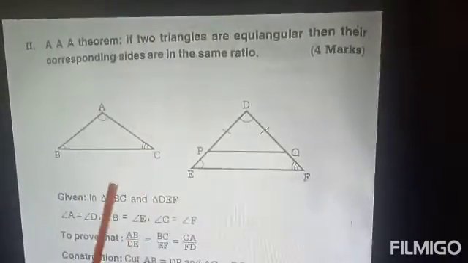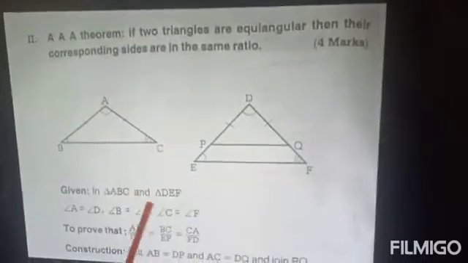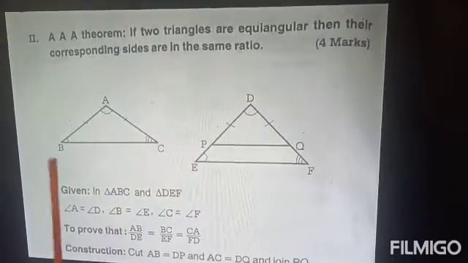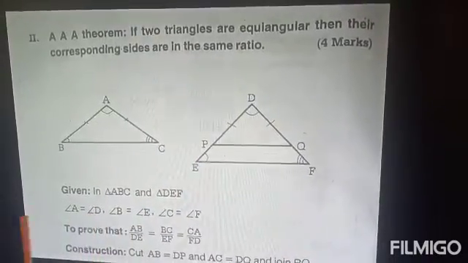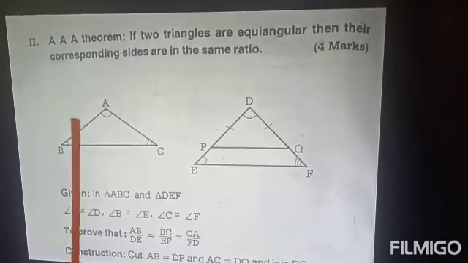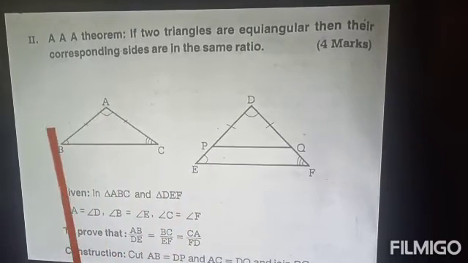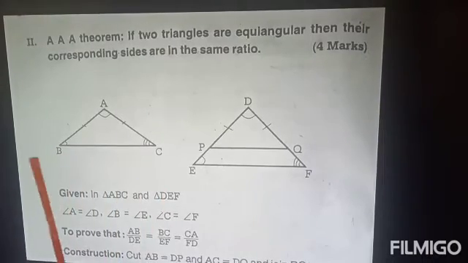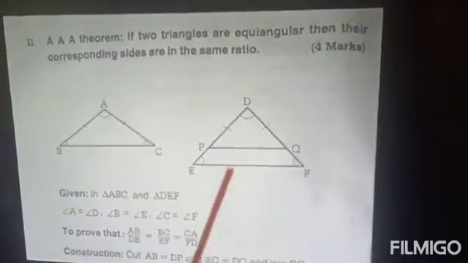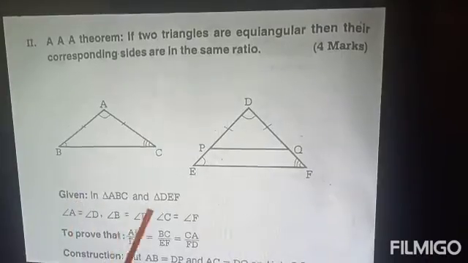According to the given definition, we drew the two triangles as equiangular. ABC and DEF are the two equiangular triangles. Equiangular means similar. If all the corresponding angles of two triangles are equal to each other, then those two triangles are similar. Therefore, triangles ABC and DEF are similar. See, what is given in the definition?